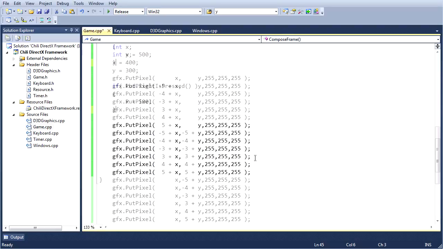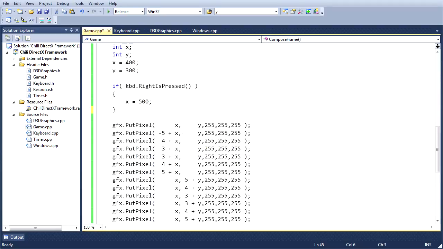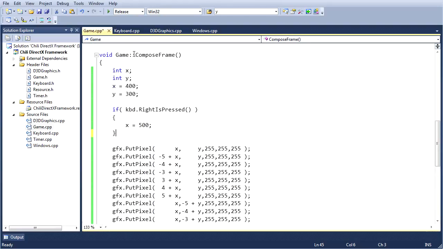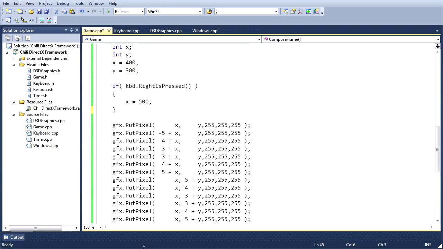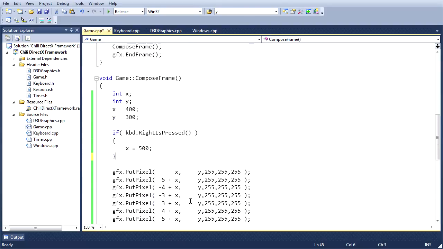So you could imagine that our program starts, does some initialization, then it comes to our compose frame function, draws its crosshairs, and then just sits around. And if you believe that that is the case, then